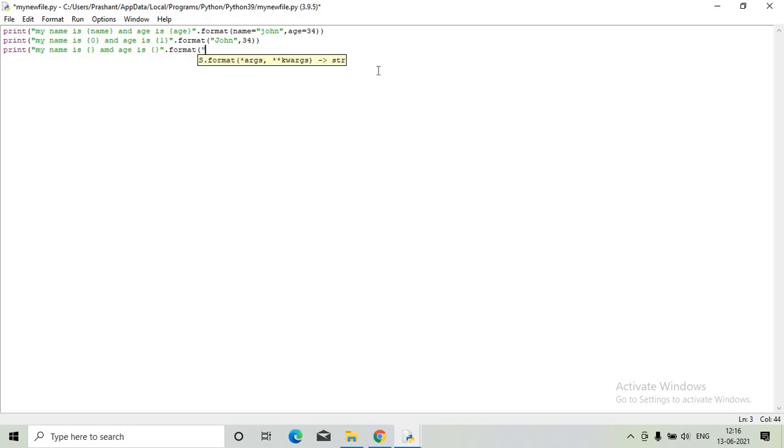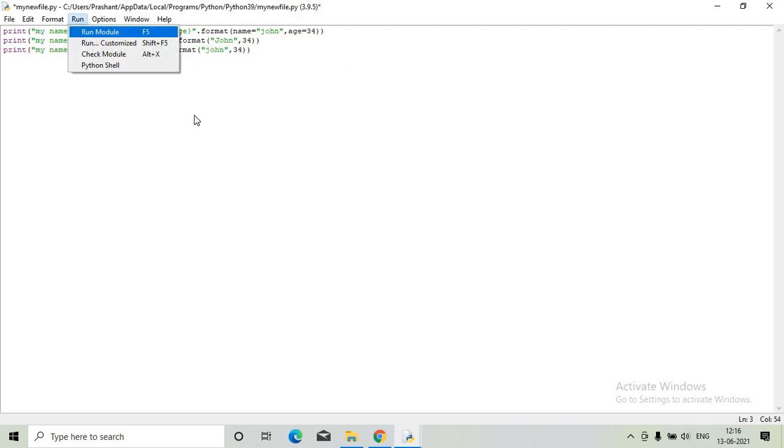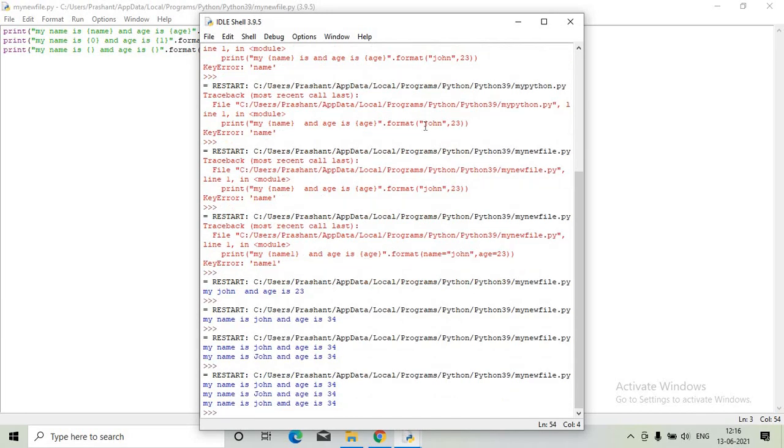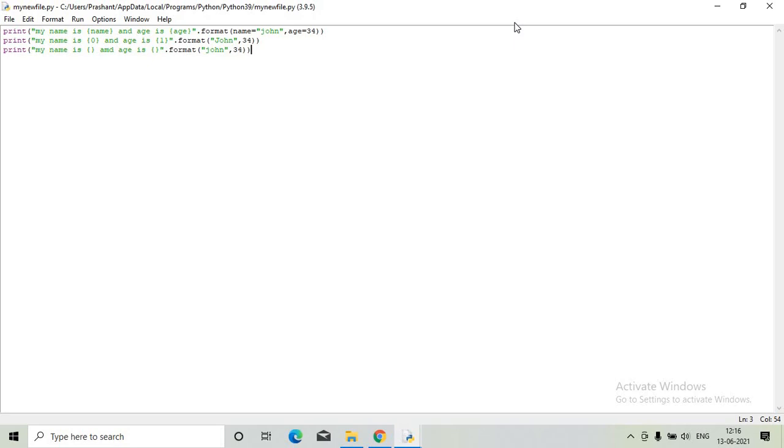Just run this, and the same thing is displayed. So we can have empty placeholders, or you can have 0 and numbering options, and we can give variable names also. This is what the format does, and we can also have some conversions like decimal to binary and